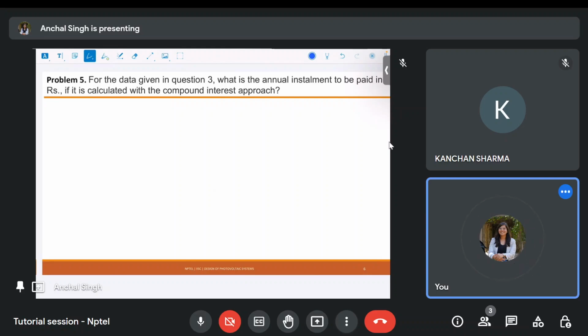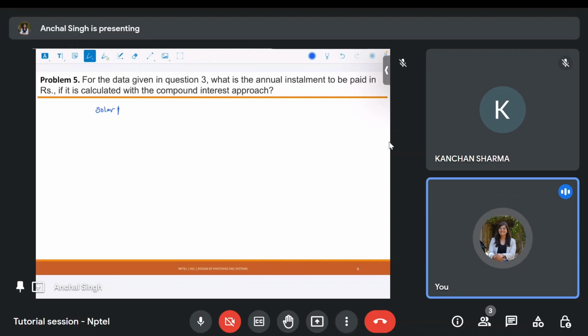In the fifth question, for the data that is given in question number 3, what is the annual installment to be paid in rupees if it is calculated with the compound interest approach? In the third question, the data given is a solar panel costing rupees 2 lakhs, the interest rate is 8.5%, and the time interval is 3 years. Now, when you consider the compound interest approach,